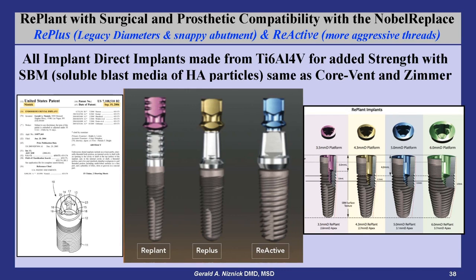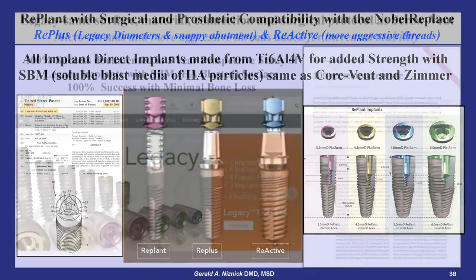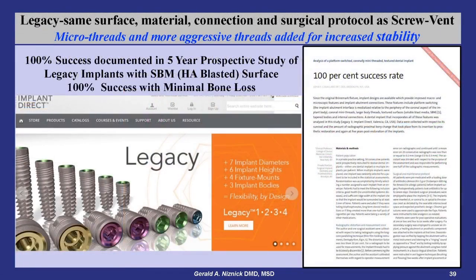These cost-effective alternatives to the Nobel Replace implant have been relegated to relative obscurity after Danaher acquired Nobel Biocare and merged it with Implant Direct under Nobel's management. When the screw vent patent expired in 2007, Implant Direct introduced the Legacy implant system that evolved from 1 implant to 4 by 2013. Legacy 2, 3, and 4 have more aggressive threads than the Legacy 1 implant and differ